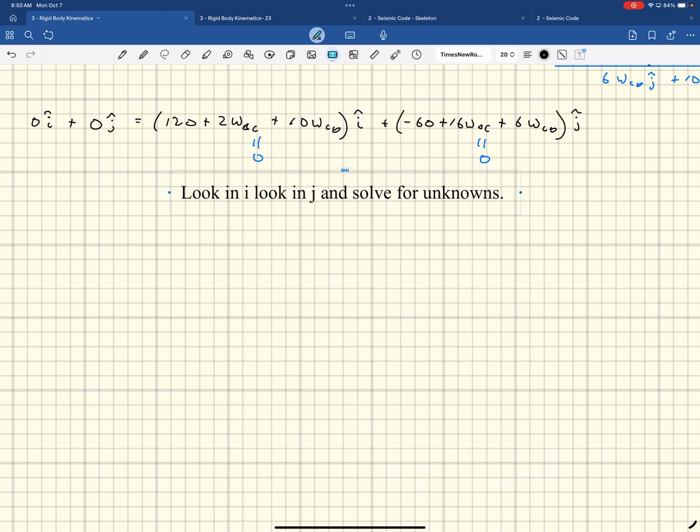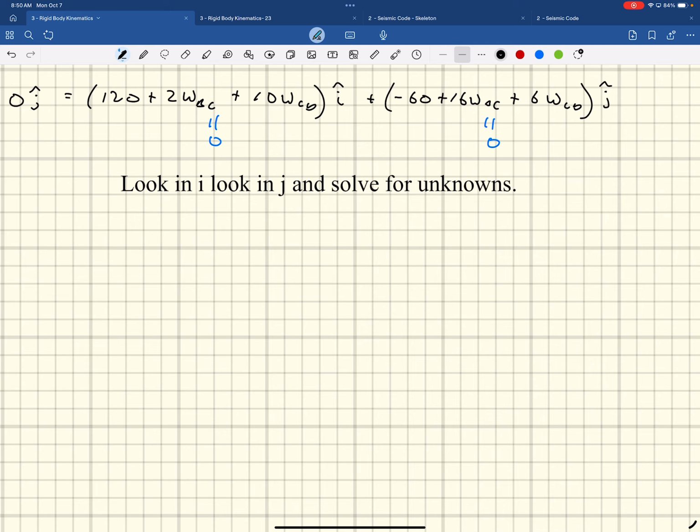That's what this last step is. So I literally put that in my calculator. 120 plus 2x plus 10y is equal to 0. That's one equation. The other one, negative 60 plus 16x plus 6y is equal to 0. Solve for x and y. And then what you get is omega BC